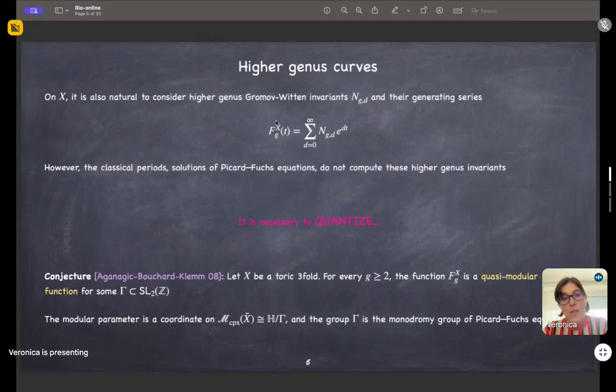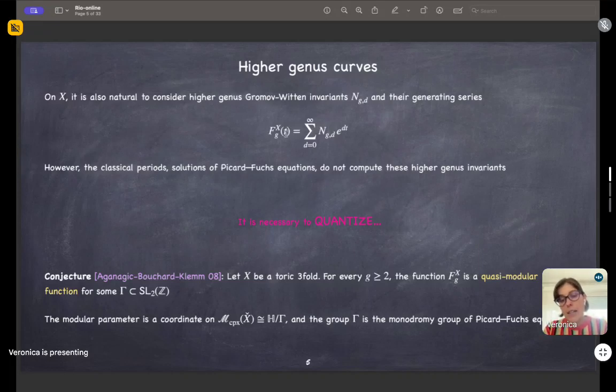is that in fact these functions F_g have very nice modular properties. They are quasi-modular functions for a certain group in SL(2,Z). And the group is in fact related to the monodromy group of the Picard-Fuchs equation. And most importantly, here I'm not writing the explicit variable for F_g, because in order to describe its modular property,